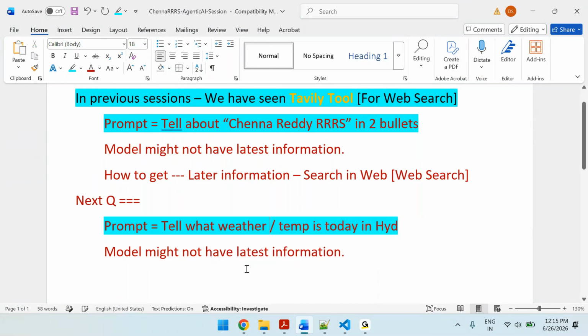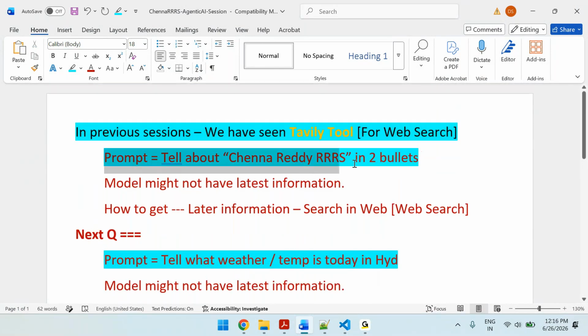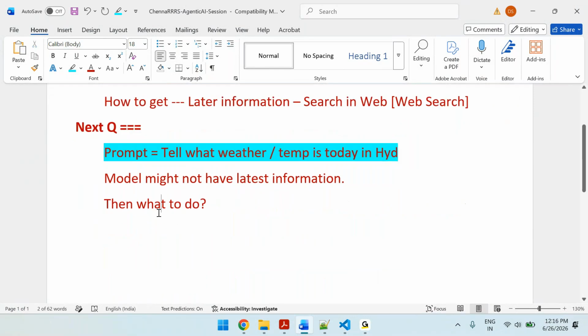So now if the question is like this, tell what weather or temperature is today in Hyderabad, the model might not have the latest information. Then what to do? That is the question. For this kind of thing, we have done web search, and for that we used the Tavily API, right? For these kinds of requirements,